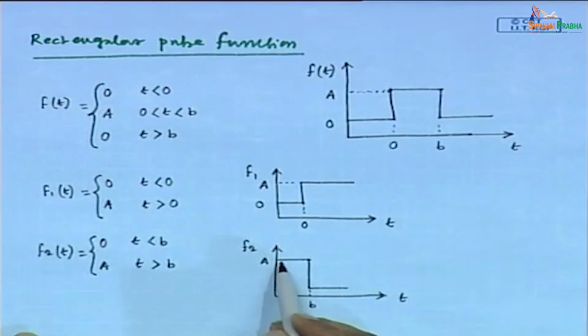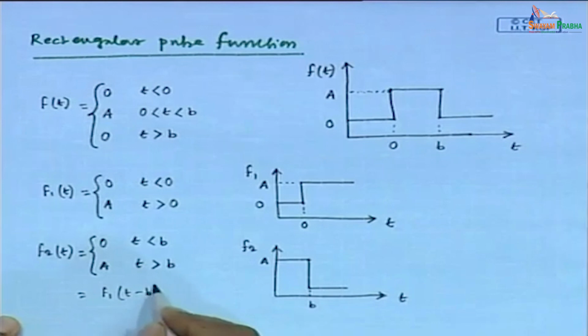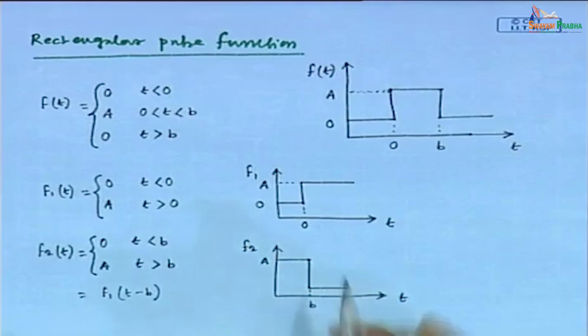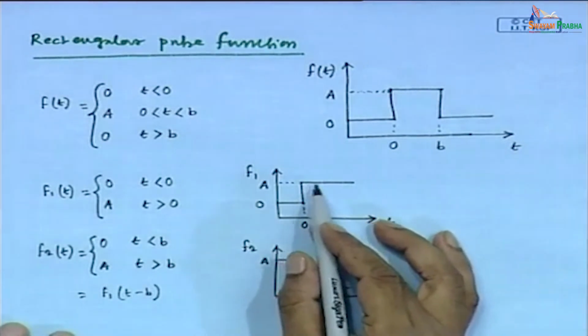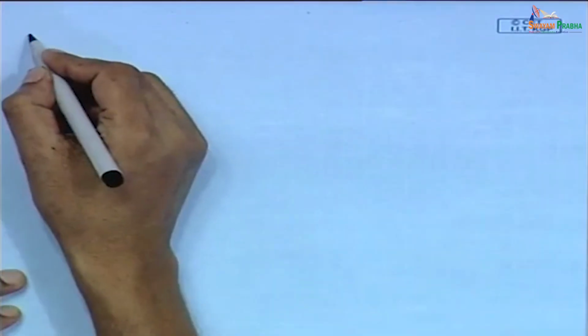Initial value we are considering 0 and this we are considering a. That means this is f1 of t minus b. Here we are considering increasing the step. Here we are considering decreasing. Initial value is 0 and this quantity is a. By that way we can write f2 of t equals f1 of t minus b, fine. Now, f of t is the combination of these two,